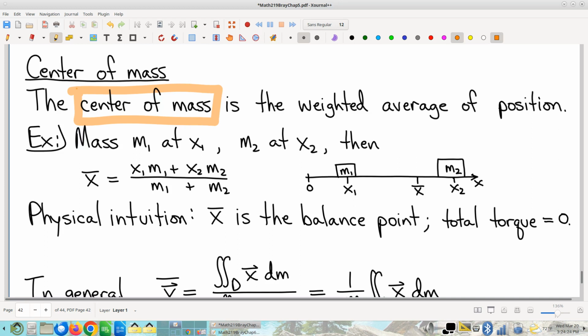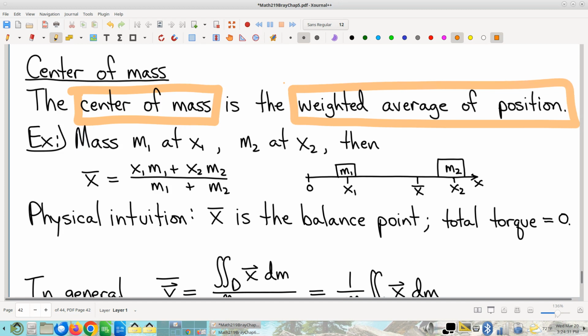But a really nice way to think about it is that it's a weighted average of position. So if you have a solid that's taking up a lot of space, where is that solid? Well, it's in a lot of places. It's taking up a lot of space, so there are a lot of different positions of a lot of little pieces of mass throughout that solid. So a weighted average of position,